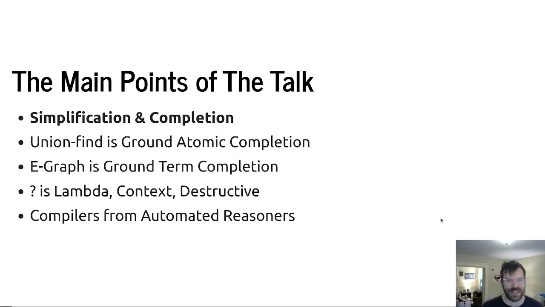So today I'm going to talk about the idea of term simplification and term completion, and generally a survey of the rough areas of equational reasoning and automated reasoning. In particular, I'm going to focus on demonstrating how the union find is an example of ground atomic completion. Then the next natural step, the thing we're actually interested in today, is how the EGraph is an instance of